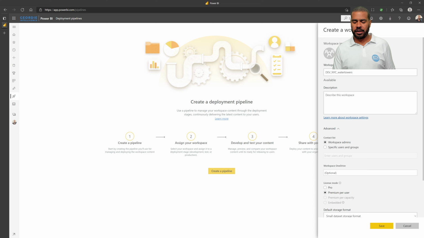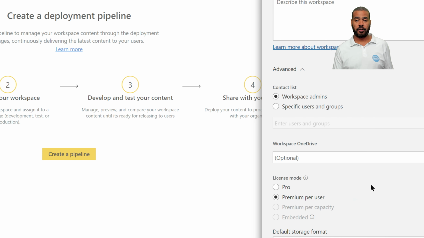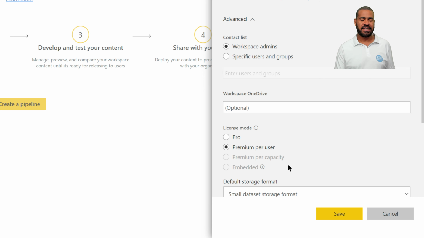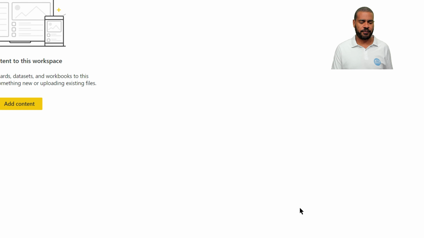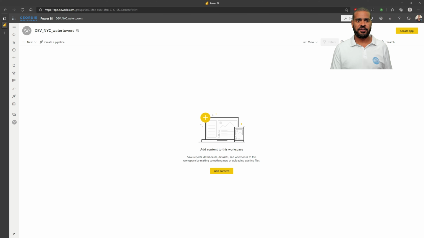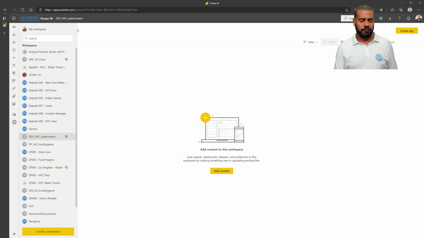Because I've got premium per user, if we open that up you can see it's going to be premium per user in my environment. That's fine. You need to be doing that, or premium per capacity. So I've now created one. Okay, so I've got my dev New York water tower environment. Right, this is a workspace that I can then publish data to. Okay, so if I go back to my rocket ship,